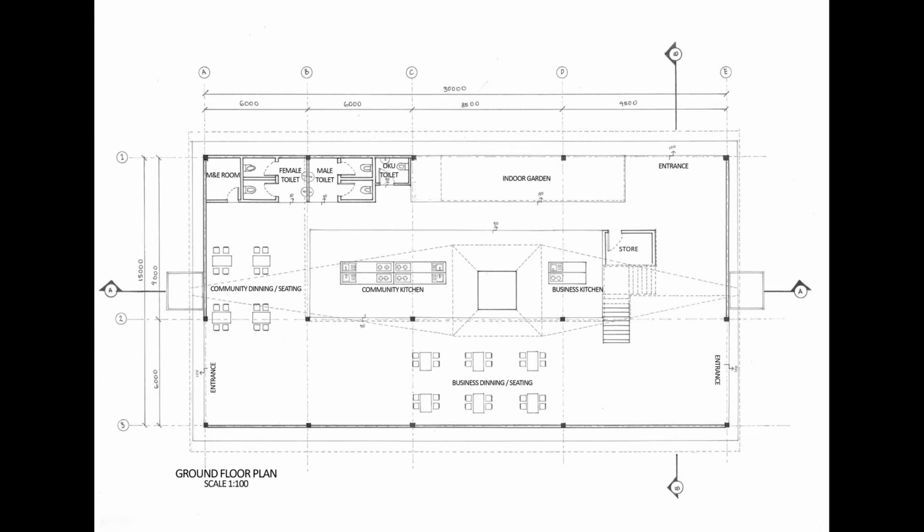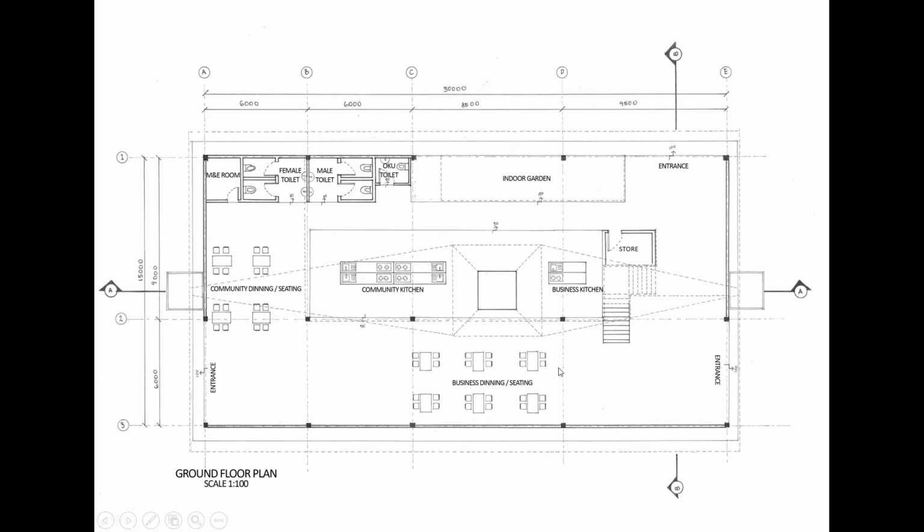You can see on this floor plan, there are also two seating and two dining spaces. So what's the difference of these two? The business dining is basically for the business kitchen where people will be doing business. So it is easier for them to serve if the space is nearer. Therefore, I separated both spaces, and also it is better where the locals and the customers don't